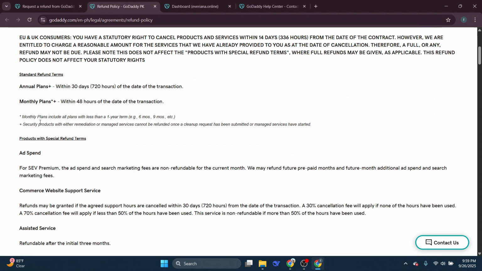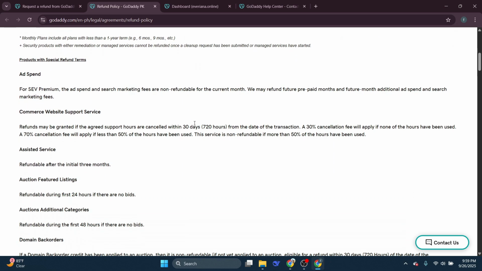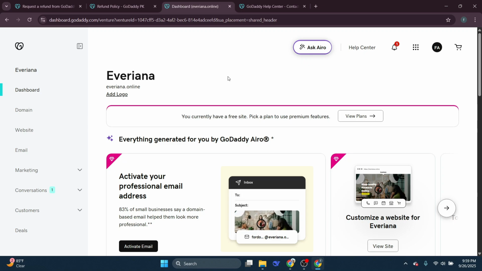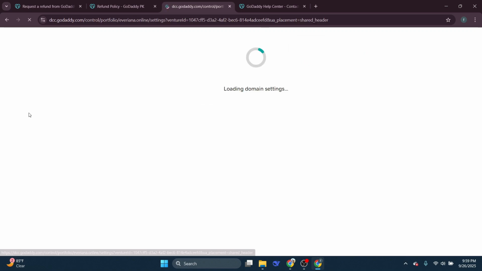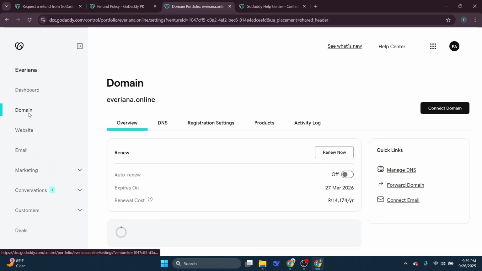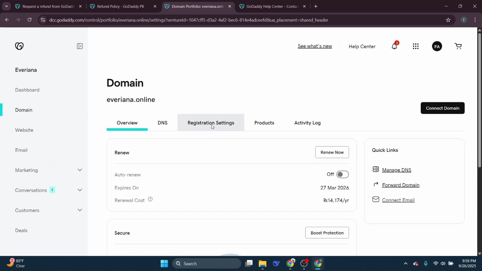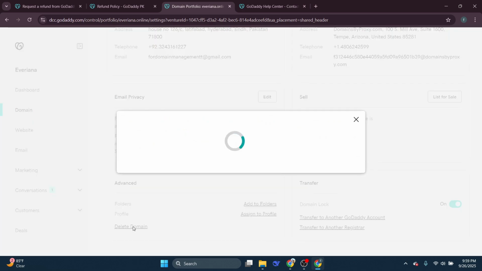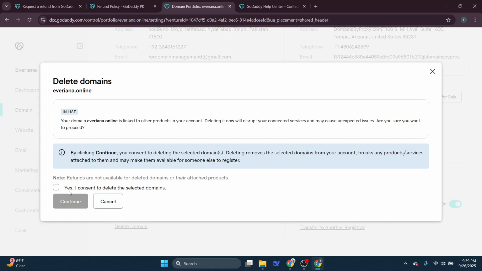Once you're clear on the refund policy and have confirmed that you're eligible, the next step is to delete the domain from your account. Although it might seem counterintuitive to delete the domain before securing the refund, GoDaddy requires this as part of their process. You can do this by logging into your GoDaddy account, visiting your domain management section, and choosing the domain you wish to delete. After deleting the domain, the final step in this process is reaching out to GoDaddy Guides to